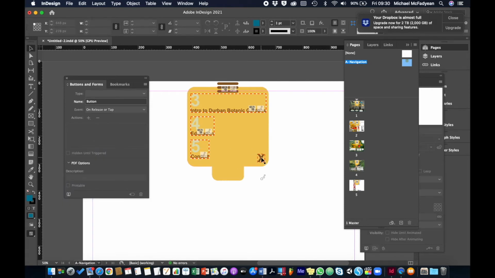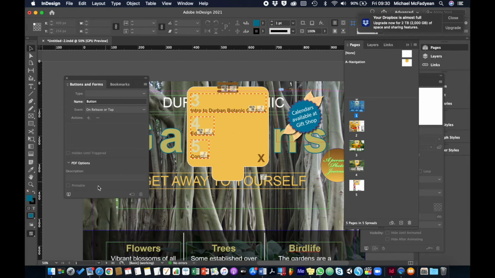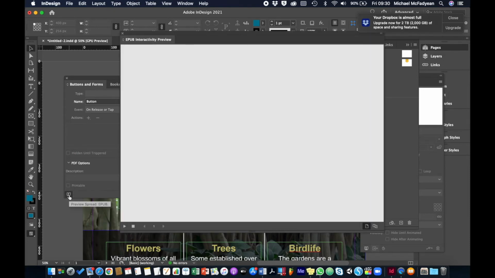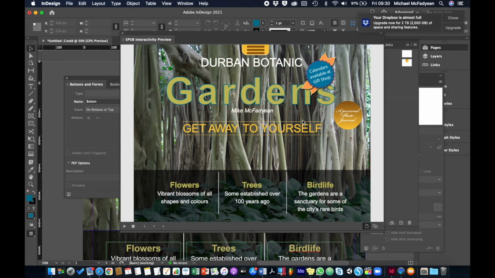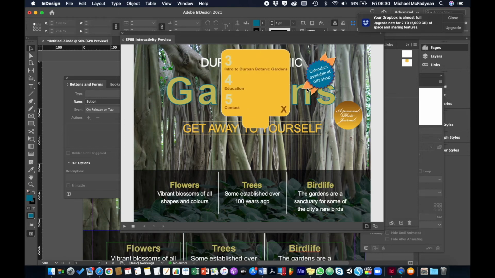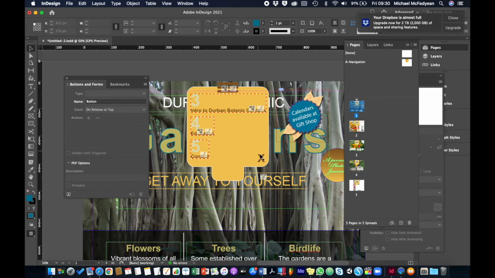Okay, so we need to now go to the close button, and we need to add an animation for that path that reverses it. Okay, and I think that should do it, so let's check. So preview, this is page 1, click, comes down, shows the items, click on close, goes back up again. Okay, that's looking good. One more thing I just want to change is I want the hamburger icon to only fade back in once the tab has slid up to the top again. Okay, let's do that. So that will be the close button,